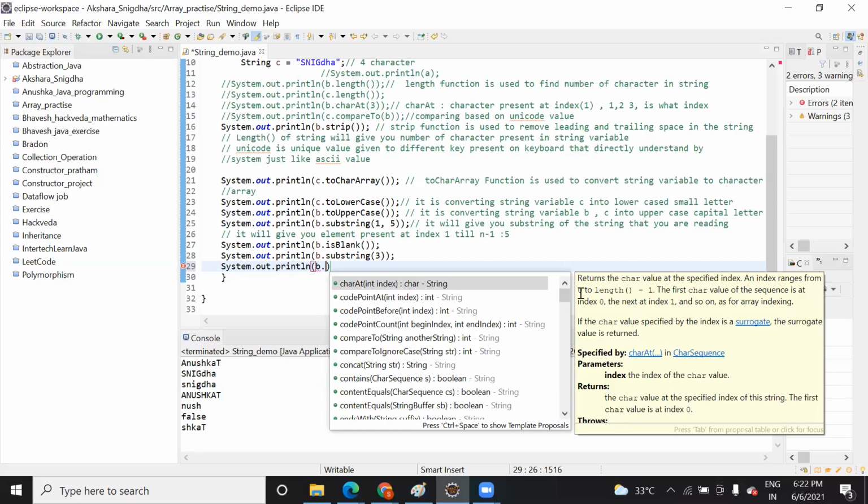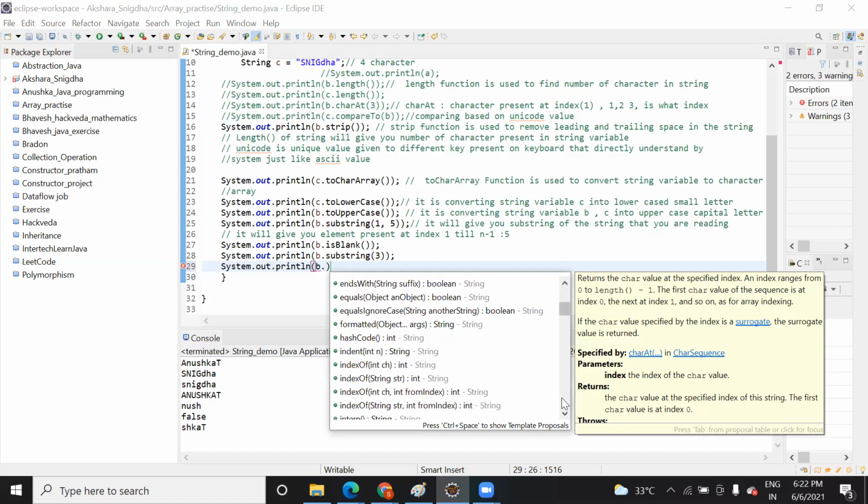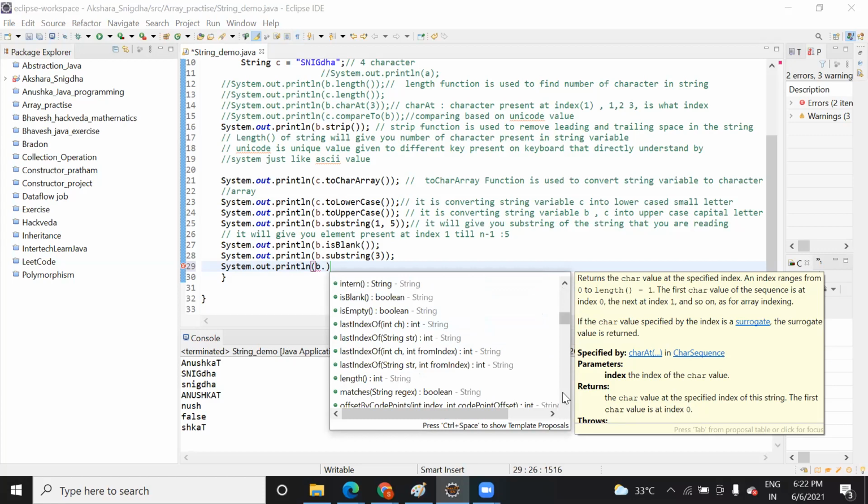You just need to keep in mind which function we need to use. So you can see when I press this dot in this string, Java programming, you can see a lot of functions are available, right? In yesterday's class also I explained the same thing. If you want to check any function, you can easily select the function and find out what operation it is going to do. So there are different kinds of functions available.